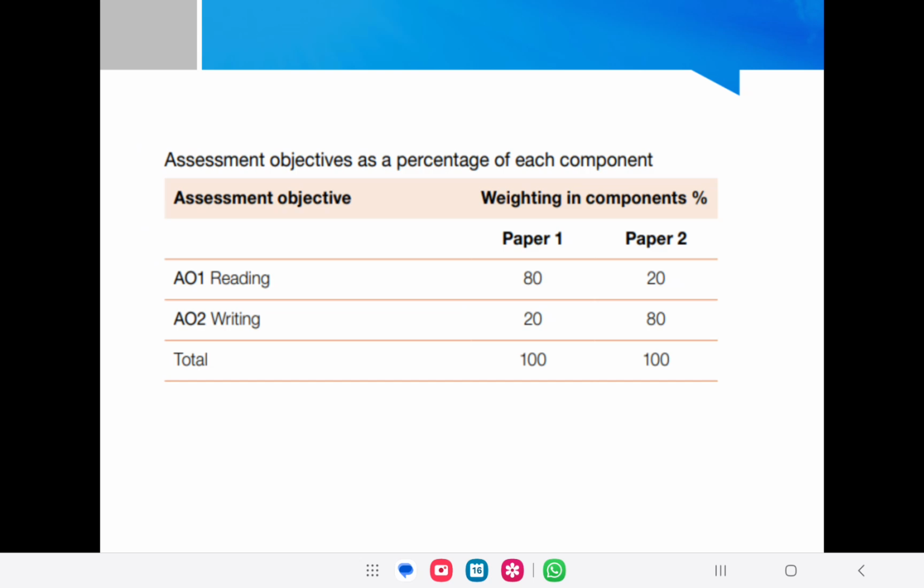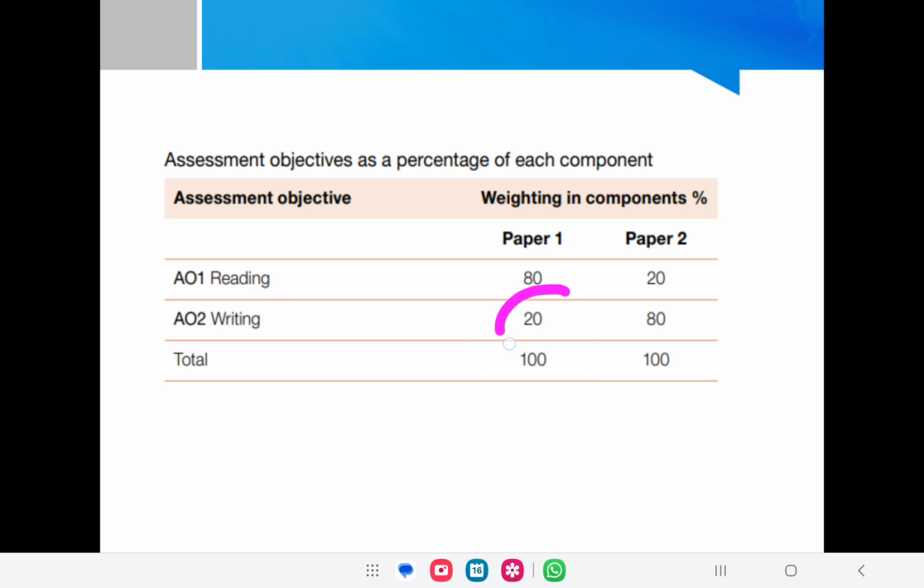Now look at this. Assessment objectives as a percentage of each component. Assessment objectives AO1 reading, paper 1. So in paper 1, you are going to be assessed for reading, that is 80%. And you are going to be assessed for your writing skill, that is 20%. And whereas in the writing paper, you are going to be